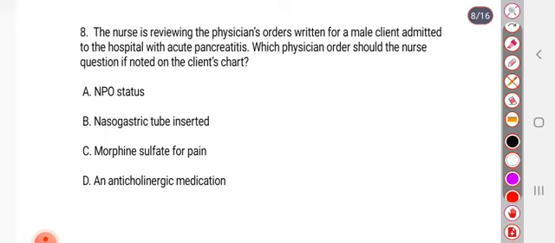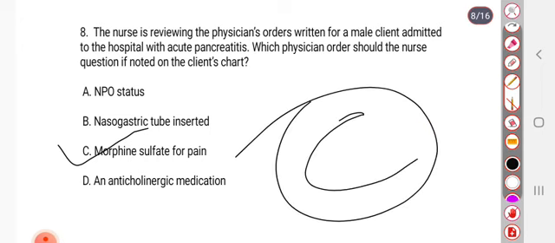hospital with acute pancreatitis. Which physician order should the nurse question if noted on the client chart? नर्स एक्यूट पैनक्रेटाइटिस वाले पेशेंट के फिजिशियन के दिए गए ऑर्डर पर क्वेश्चन करेगी। ऑप्शन ए एनपीओ स्टेटस, बी नेजोगैस्ट्रिक ट्यूब इंसर्ट, एंड ऑप्शन सी मॉर्फिन सल्फेट फॉर पेन, एंड ऑप्शन डी इज द एंटीकोलिनर्जिक मेडिकेशन. Right option is C, morphine sulfate for pain. Next,